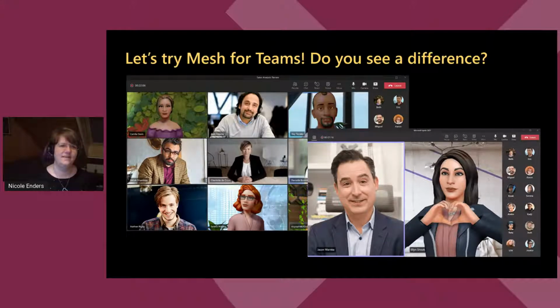Also, this is not the best benefit. So you see here this person doing the heart here. You know, in Microsoft Teams we have the live reactions, so we can click on a heart, on applause, or we can do a thumbs up, for example. And you can do this with your avatar as well. So you click there that you want your avatar to do something in this way, and he will do this